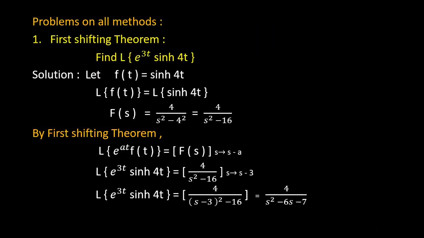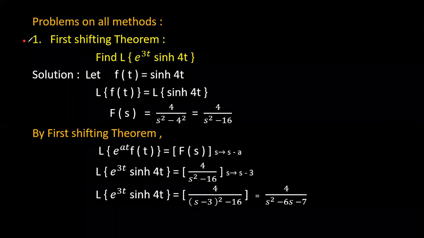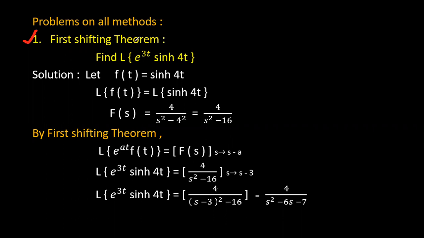Now we will take one more single problem on each of the methods, which I can explain directly. Some of the problems which I have not covered in the previous methods, I will cover in all these methods, whatever method I'm explaining here. The first problem is on the first shifting theorem, the first method which we did in the second class. That is, find the Laplace transform of e power 3t sin ht. We have not done a problem on this hyperbolic function, that's why I have chosen this problem.